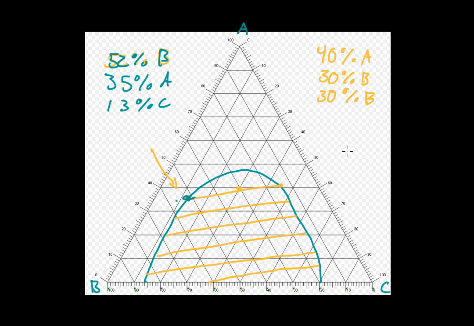But we actually have two phases, and then you do the exact same thing, and then you use the inverse of the rule for this distance, which represents